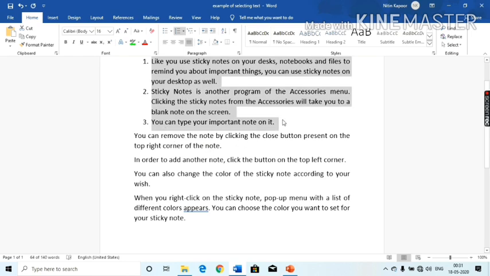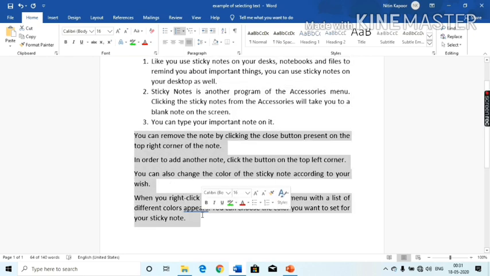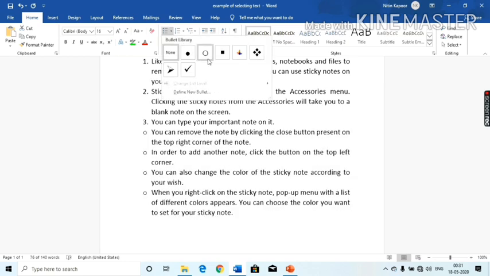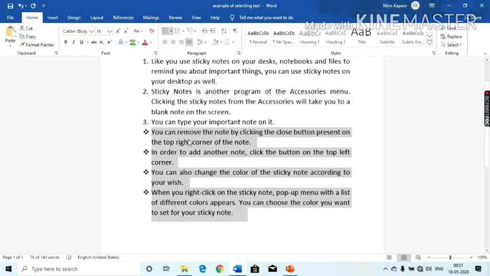Choose and select the style you want to apply for your list. And next, creating a list with bullets. If you want your text in bullets, then first go to the paragraph group of the Home tab. Click the drop down arrow next to the bullets button. The bullet library showing different styles of bullets appears. Choose and select the style you want to apply for your list.